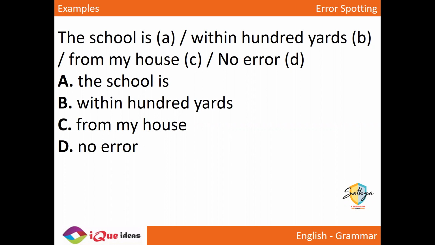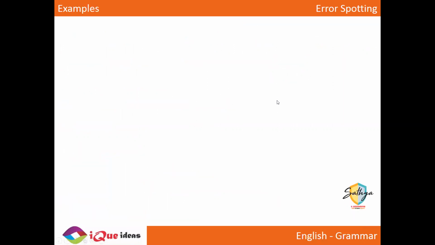Okay. So when you say within 100 yards, now I would be also tempted to say within a 100 yards. But the larger problem here is from, right? The school is within 100 yards of my house. It is within something of something. You don't say it is 100 yards from my house. But when you say within, then your house is the central point and it is inside it. So the school is within 100 yards of my house. The in part B, yes, but instead of from, writing of would be required. Did everybody get that? Hope everybody got that one. Yes? Okay, chalo. Next one then.